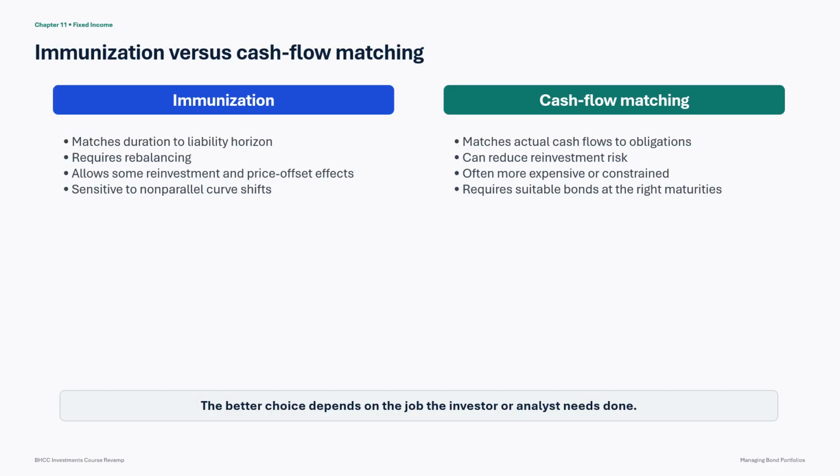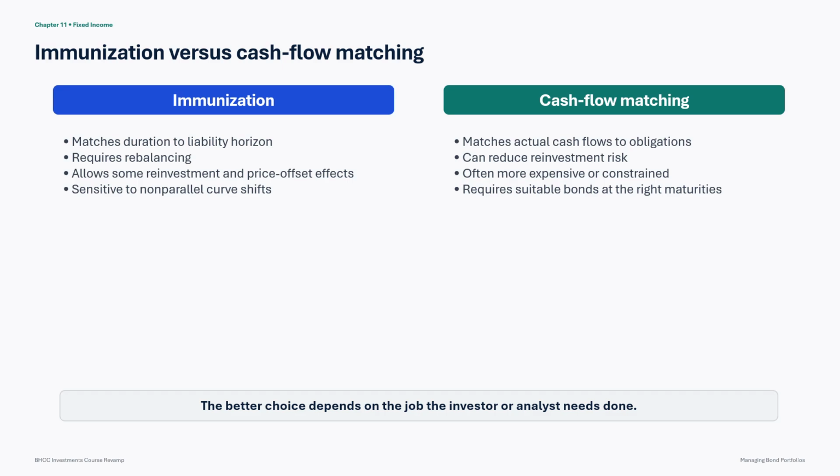This slide compares immunization with cash flow matching. Immunization matches duration to the liability horizon and aligns present value. The portfolio can contain coupon bonds with cash flows before the liability date. Those interim payments create reinvestment risk, but the strategy is designed so that changes in reinvestment income offset changes in